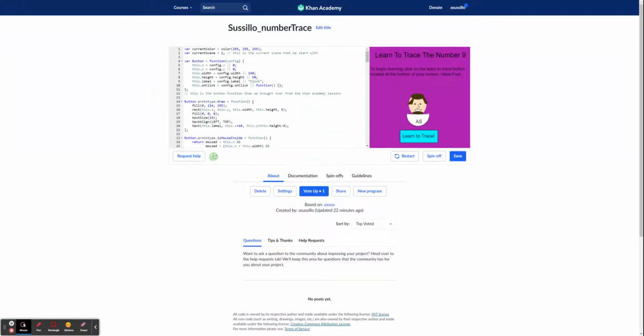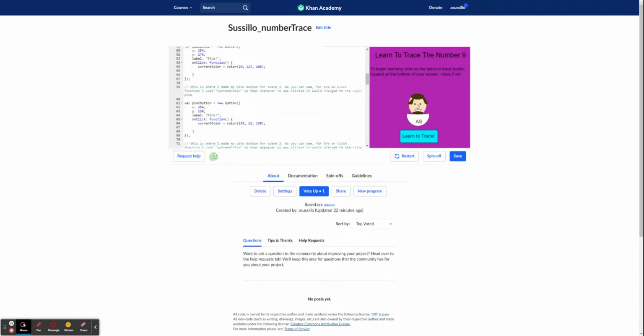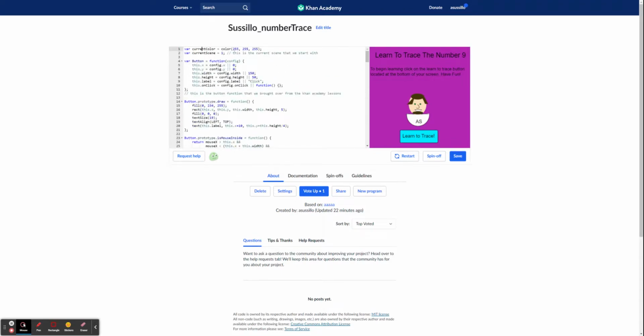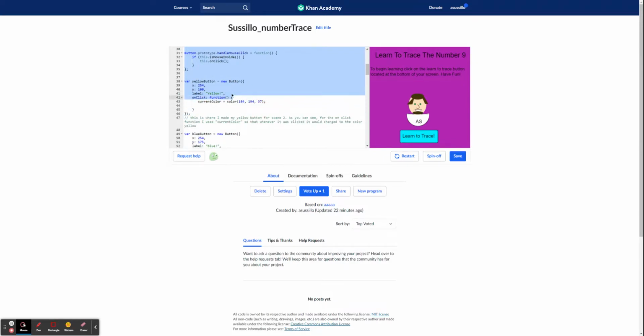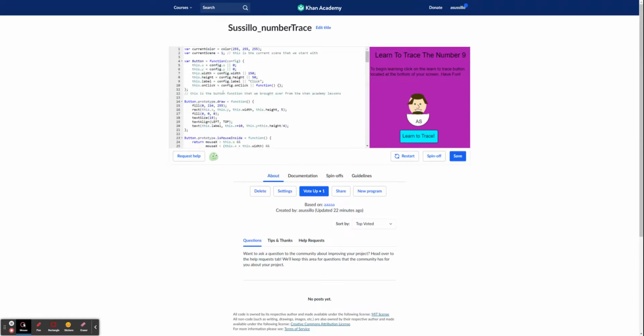So here we have my number trace assignment. I watched the professor's whole video and it gave me a pretty easy understanding of how to complete it. So we started off with our current color, which is white, of the current scene we're on, which is the first scene. And then the professor told us to take in this whole button function from the Khan Academy lessons that